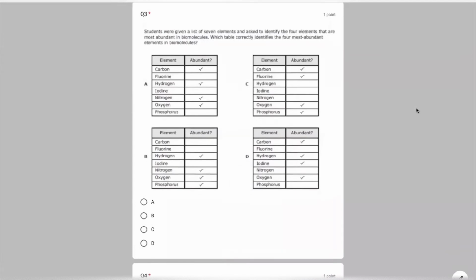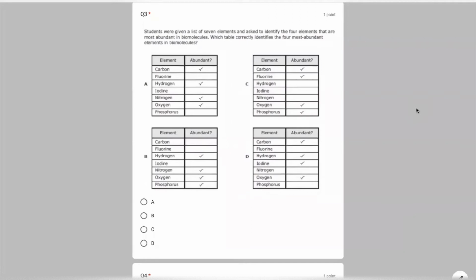Students were given a list of 7 elements and asked to identify the 4 elements that are most abundant in biomolecules. Which table correctly identifies the 4 most abundant elements in biomolecules? So, there's a specific way that the biomolecules are built. So carbs and lipids are both made of carbon, hydrogen, and oxygen, which means that they're natural